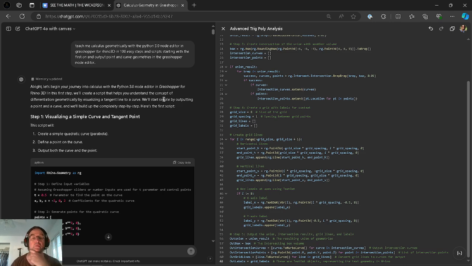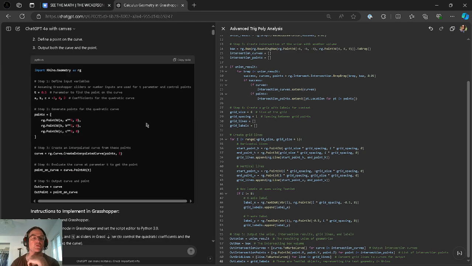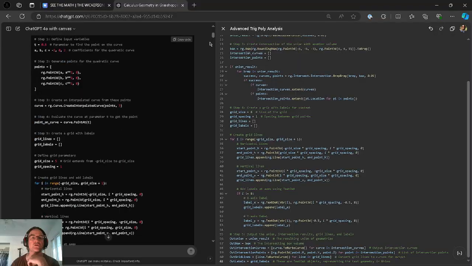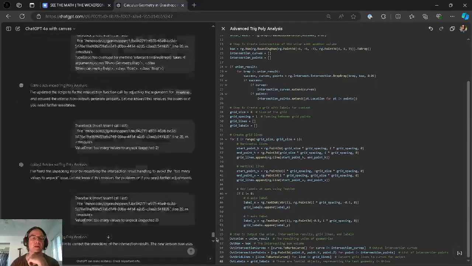And most of my work begins, if we look into here, with a simple prompt like: teach me calculus geometrically with Python 3.0 node editor and Grasshopper for Rhino in 100 easy steps and scripts, starting with the first one, and output points, curves, geometries in Grasshopper node editor. And it does that. So all you have to do is start stepping through with your prompts, fixing bugs as it goes, and you can see that this just flies through and generates code faster than I could ever imagine